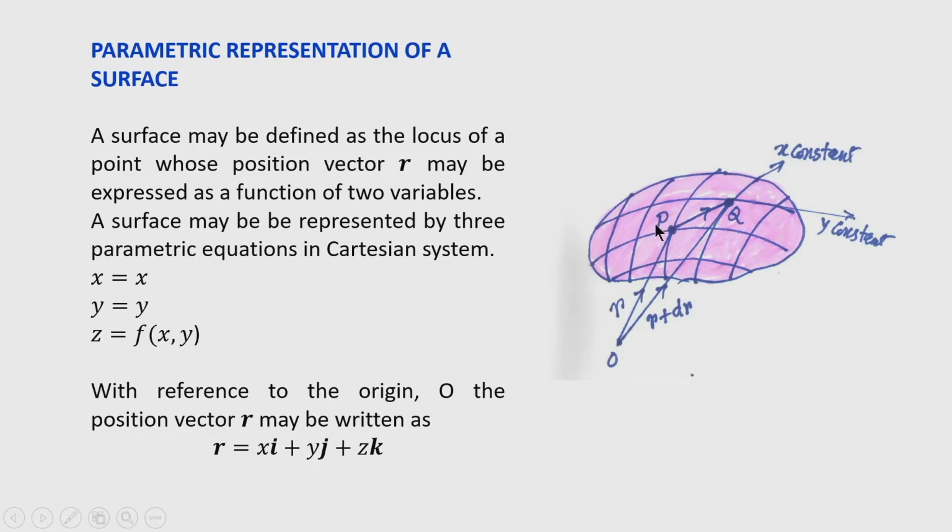Now, say two points are there, P and Q, such that the position vector of P with reference to origin O is r, and the position vector of Q with reference to the origin O is r plus dr. So, these are the position vectors of these two points P and Q, and the length PQ is dr. With reference to the origin, the position vector of point P can be represented in vector form in 3 dimensional space, and this is given by r, which is a vector here, the position vector of P. You can see it is a radial line from the origin O, and the direction is from O to P, that is the positive direction of the vector r.